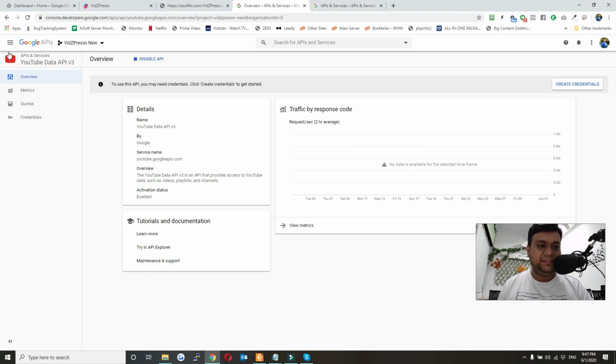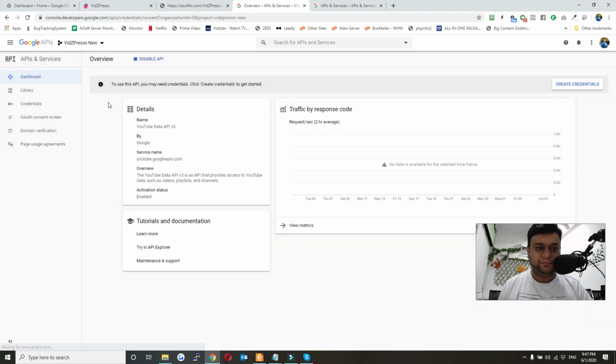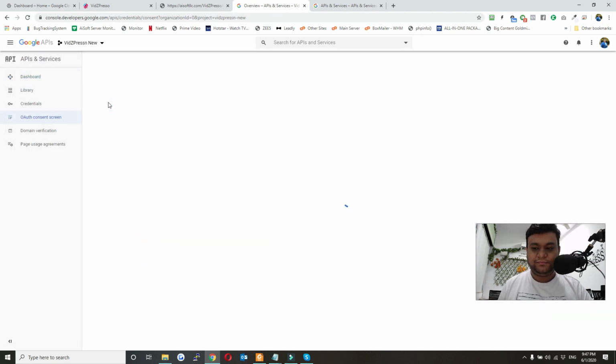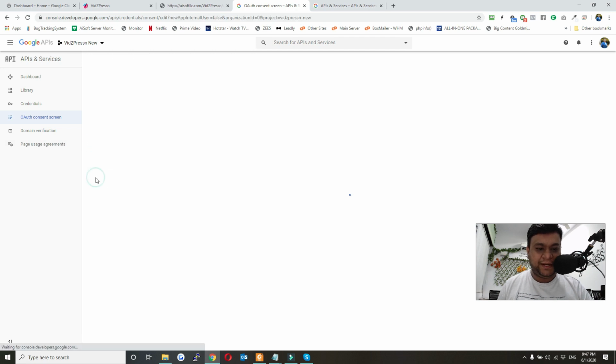Now let's move to the next step of configuring OAuth consent screen and generating the credentials. To do that, just click on navigation menu and then API and services and then dashboard, and here click on OAuth consent screen. In this screen, click on external and click on create.